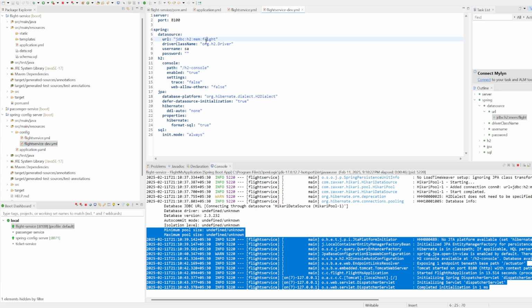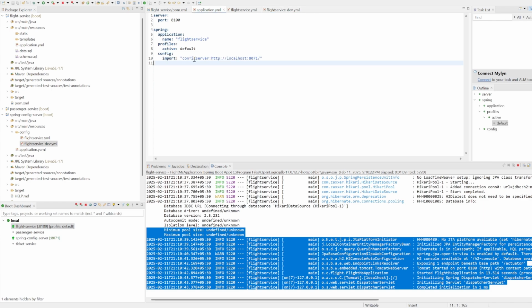Let's say this one is using flight service dev, and this can run on some other server. Let's say it is running on 8101. So I can do that as well, and in the application.yaml of the flight service I can go ahead and here